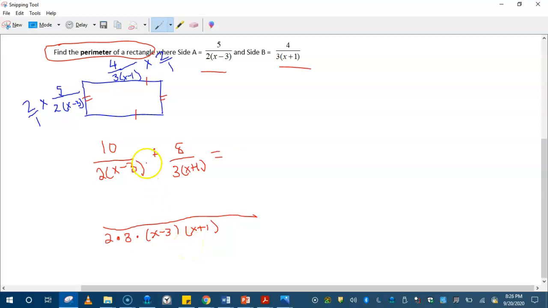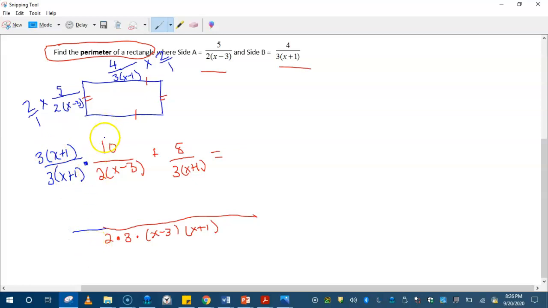All right, let's play the what is missing game, okay? So if I look at this first one, what is missing? This first fraction, what's missing in the denominator? Well, the denominator is missing the 3, and the denominator is missing the x plus 1. Okay, so I'm multiplying both numerator and denominator times 3 times x plus 1. And that would be